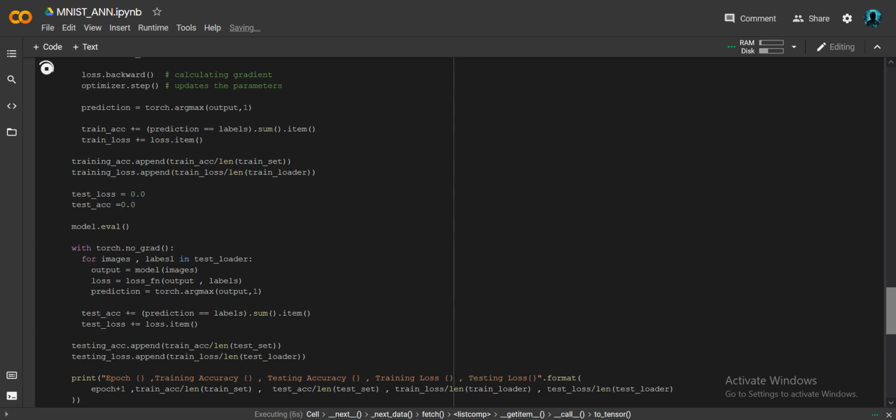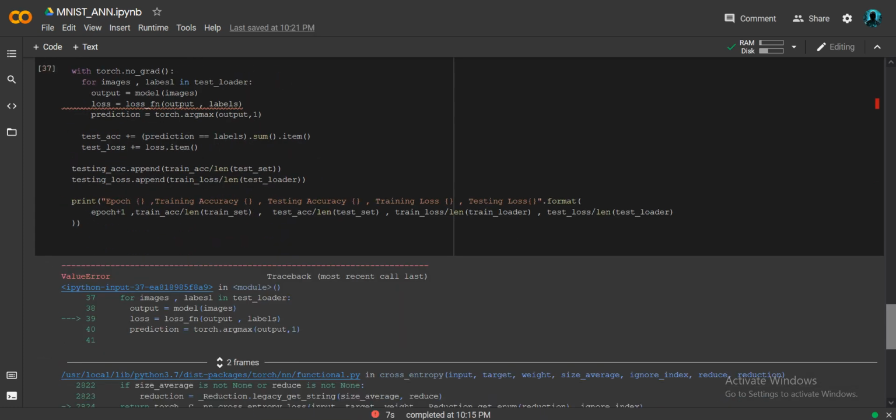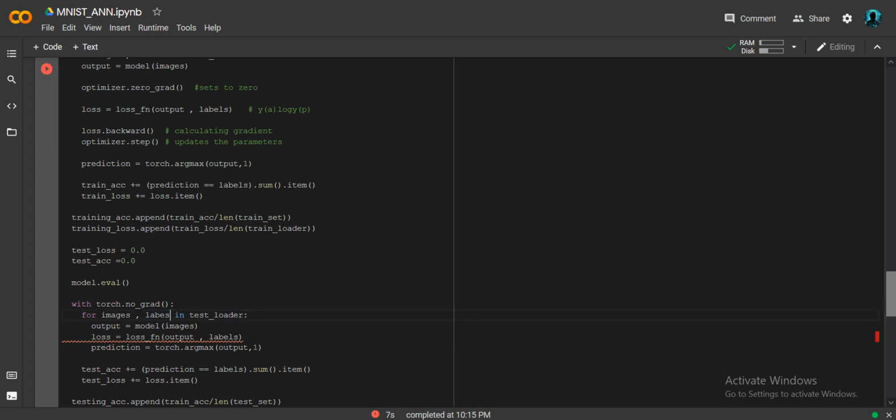I hope it will run now. Let's see. Oops, again it has an error. Label, again a spelling mistake. So these are silly mistakes. Just run again.